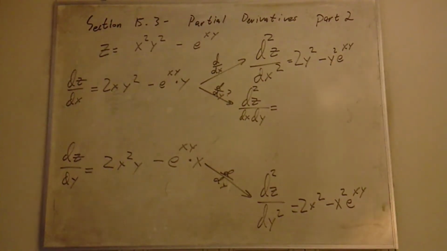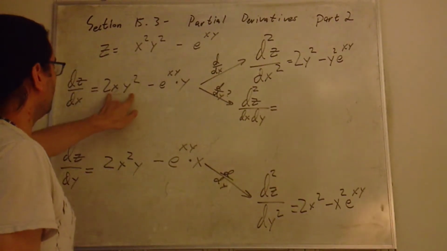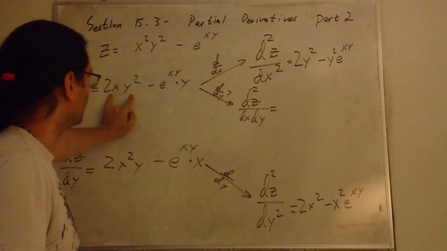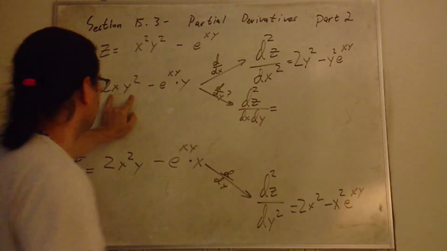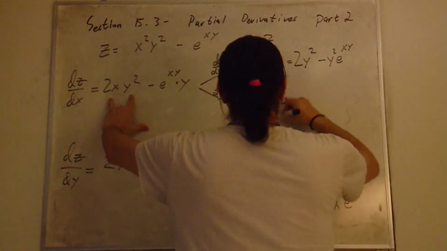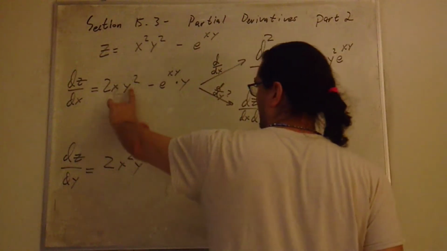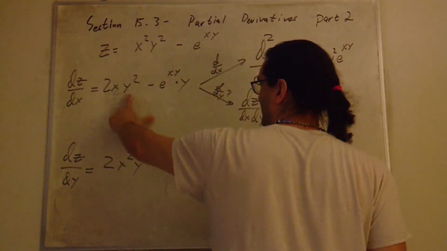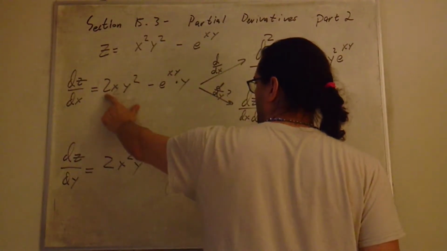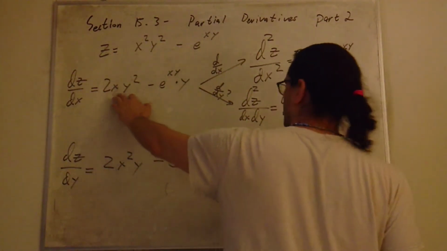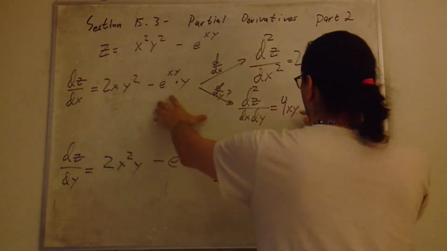And we need to take this derivative with respect to y. So that should give me 4xy. The derivative of y squared is 2y. So that'll combine with this 2, and then the x and the y will stay. So 4xy minus,